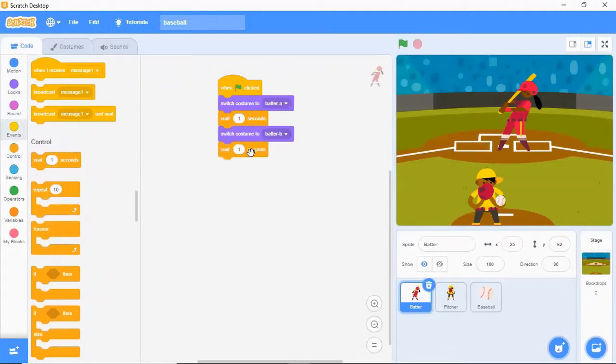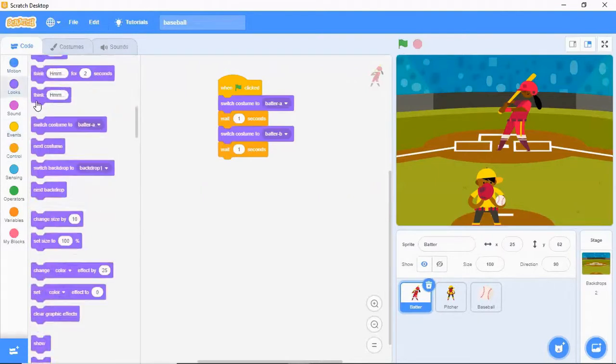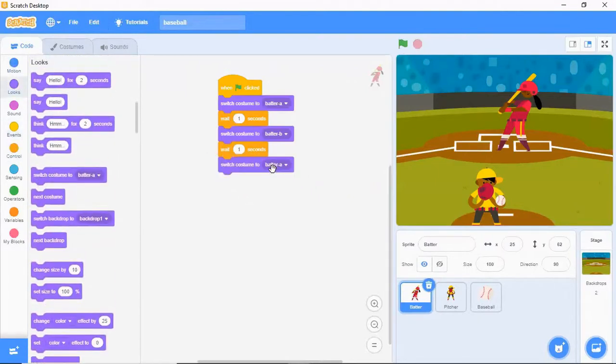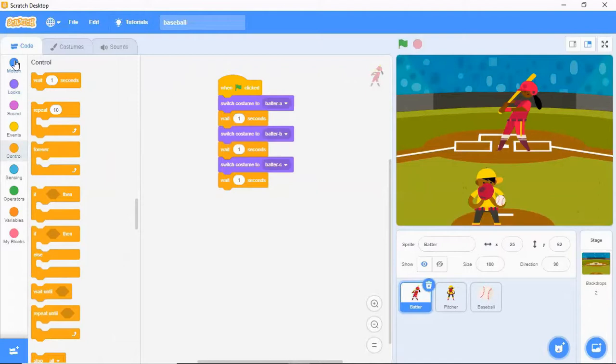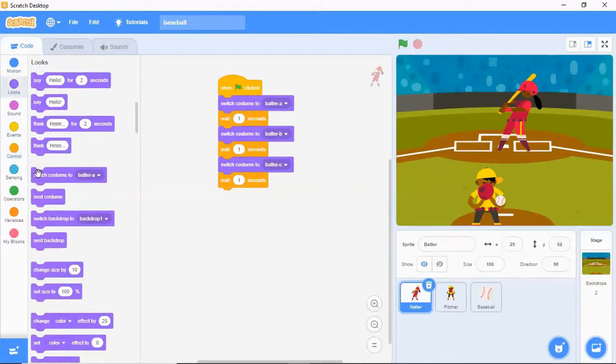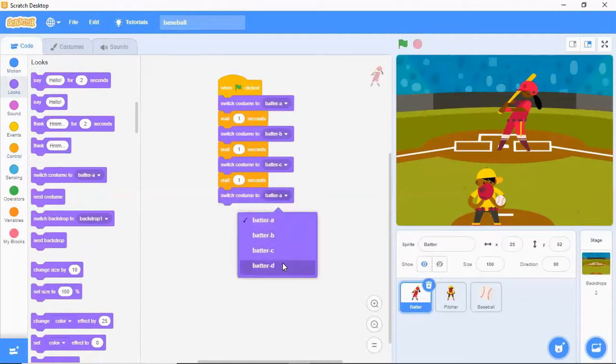So later I'll adjust the time. Then again switch costume to C. Again wait time. Looks, switch costume to D.